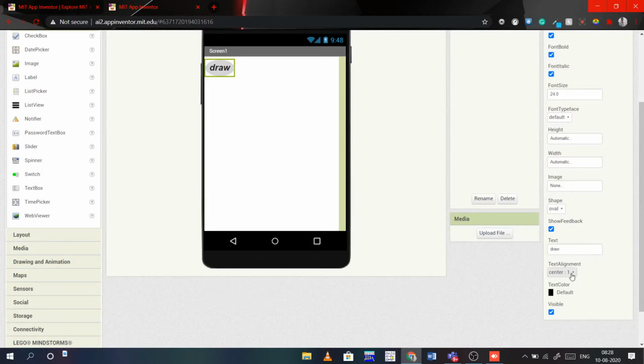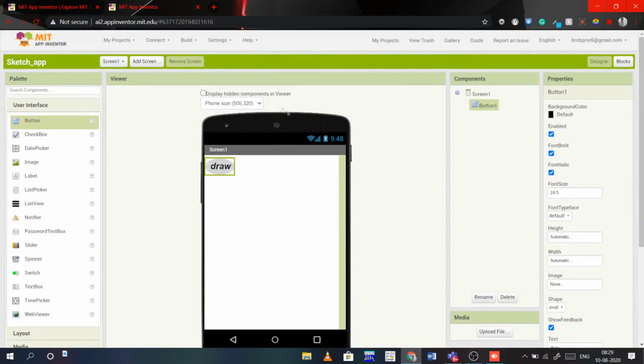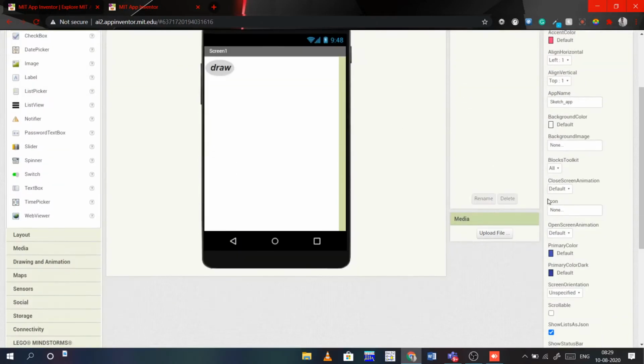Next thing is alignment. For the text alignment, if it is 0, it will be on the left side; 1 is the center, and 2 is the right. So here the box is this, okay. The button inside this box will appear in the center, basically checking around this green box.